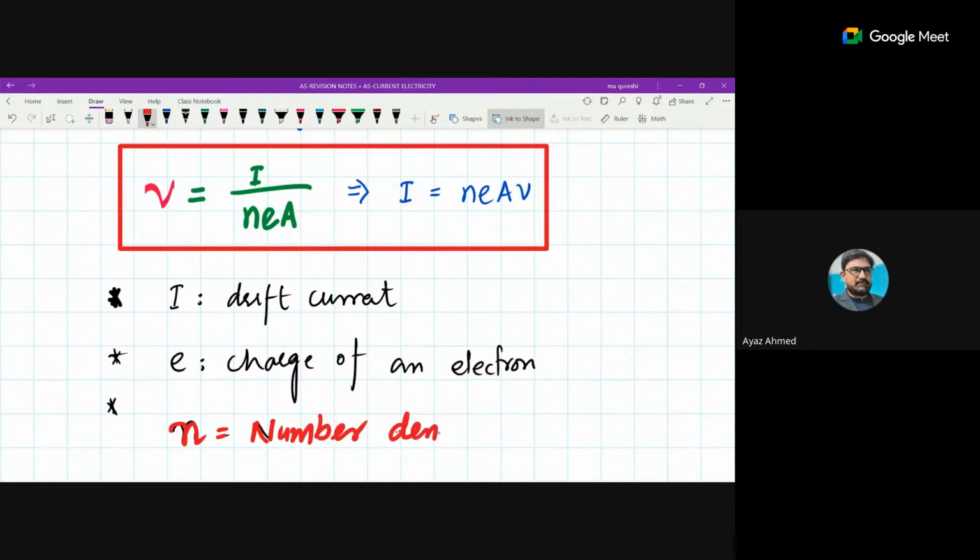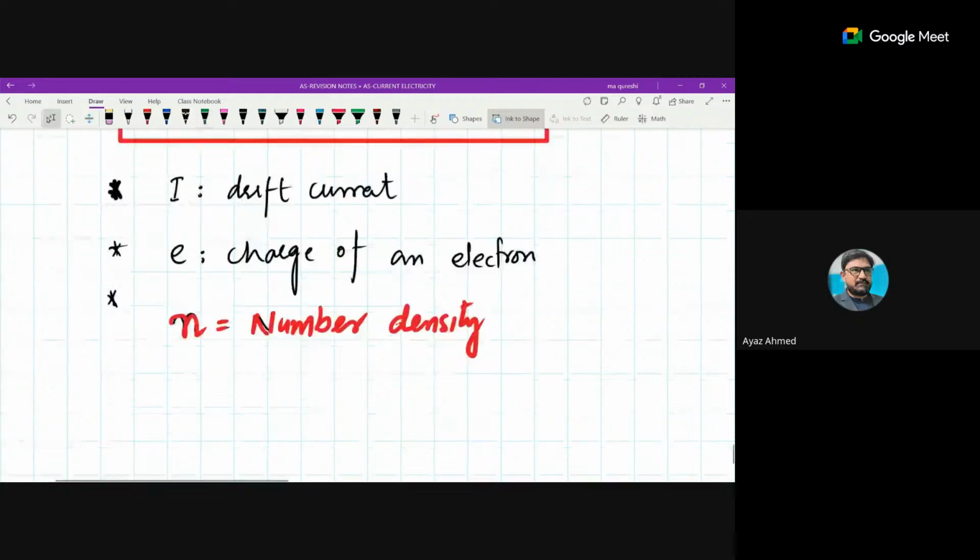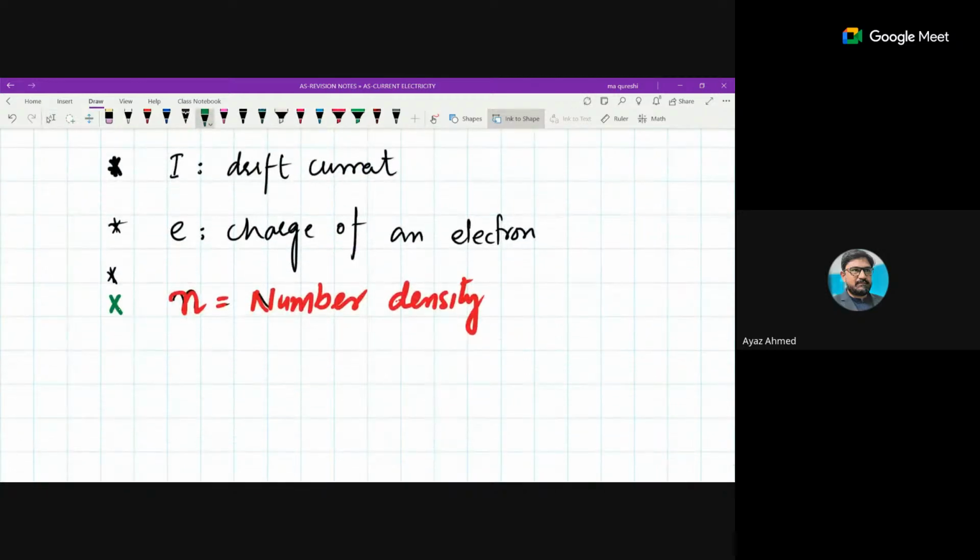You know what the problem is? Mostly the students write that it is the number of electrons. We have this intention that N is the number of electrons, but it is not the number of electrons. It is the number of free electrons per unit volume. What is that? It is the number of free electrons per unit volume,